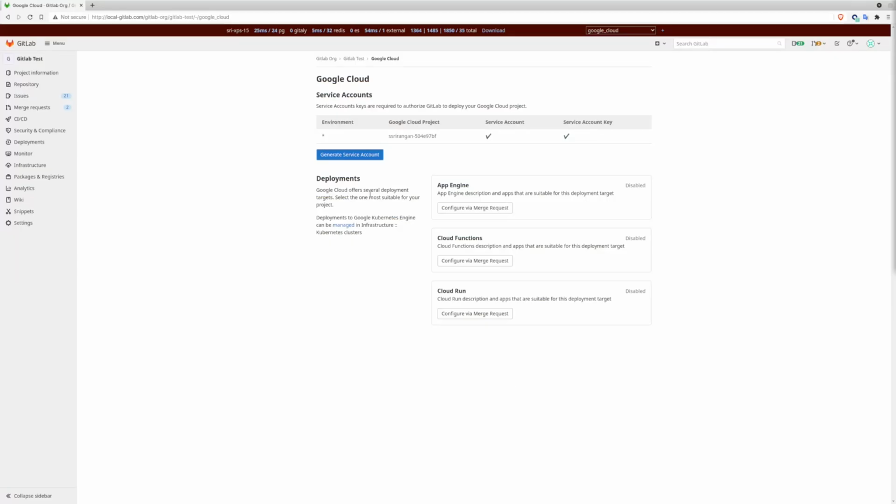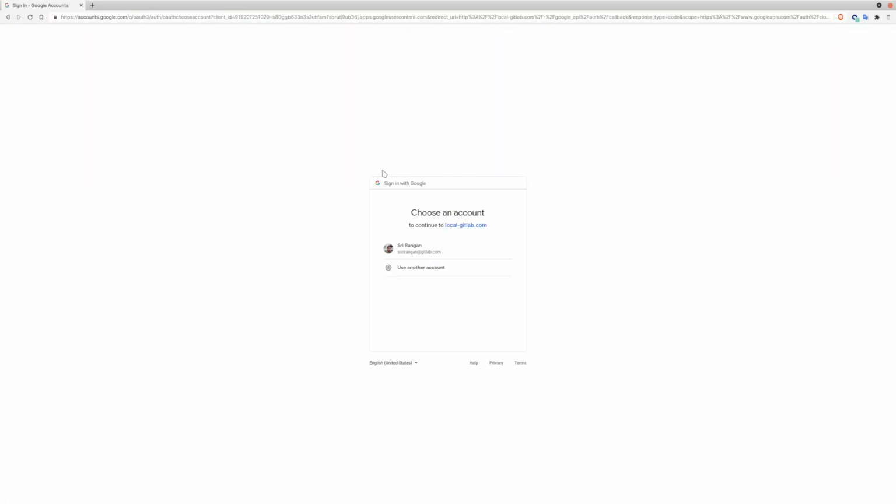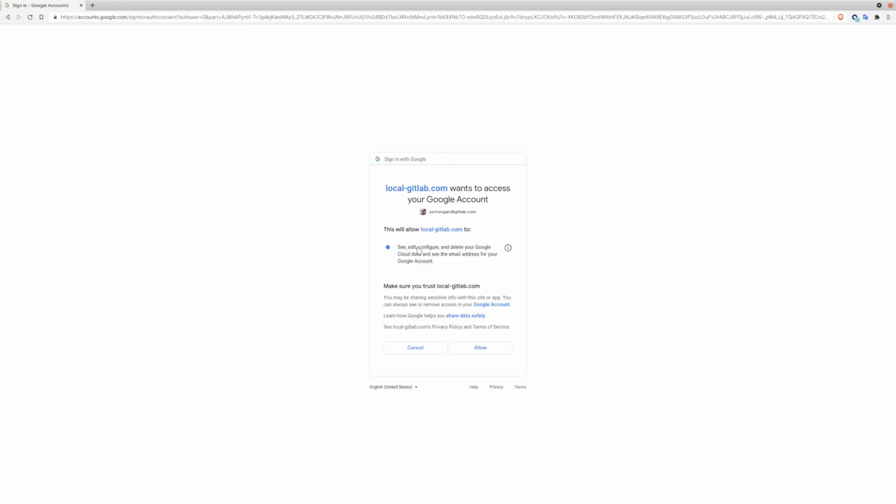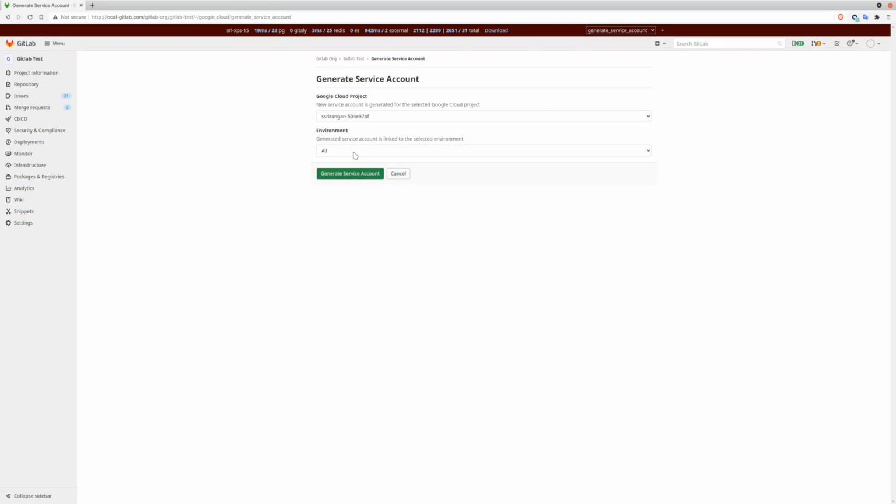Let's create another service account for a specific environment. Click the button again, and you will see that the authorization process has to reoccur. That is because at the end of the creation, all authorizations are revoked. I grant permissions again, and this time I create a service account for a staging environment. Press the button,